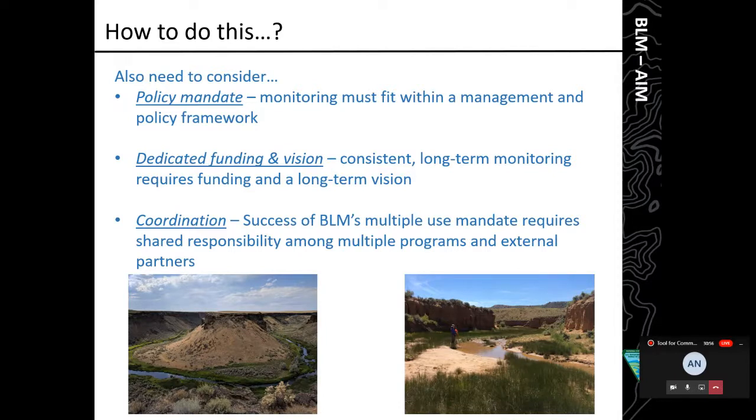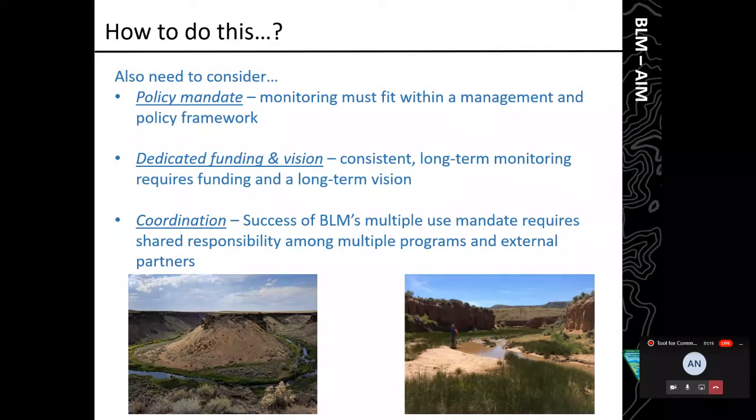So we might think about things like a policy mandate: how does your monitoring fit within a broader policy or management framework within the agency? A lot of times policy is a great initiative to get people started, to motivate people and to sustain things through time.